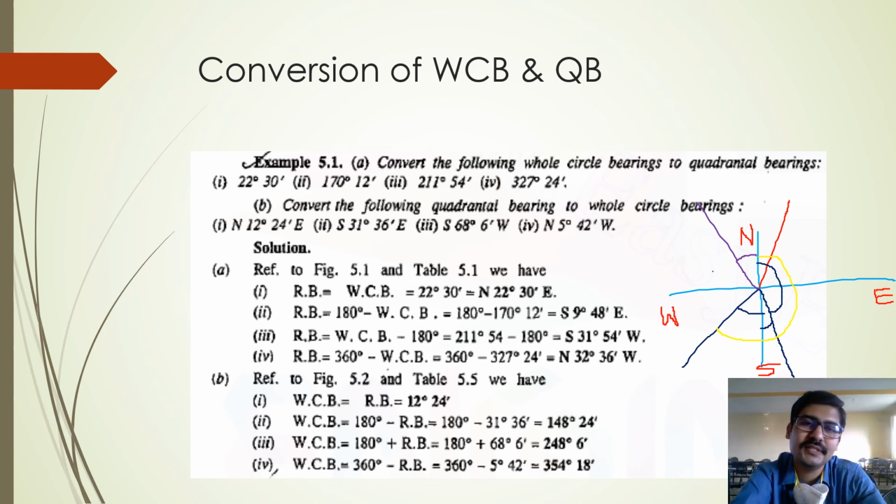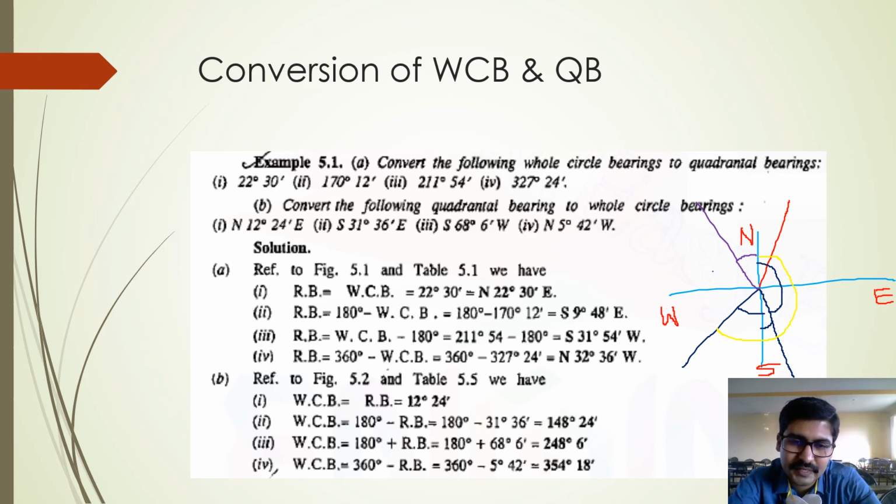And it is always measured in terms of clockwise direction. So look at this, the last example, northwest quadrant. Even though it is nearer to north, you cannot write this as the angle bearing, right? It should be measured from the whole north direction, and it should be written in a clockwise direction, right?